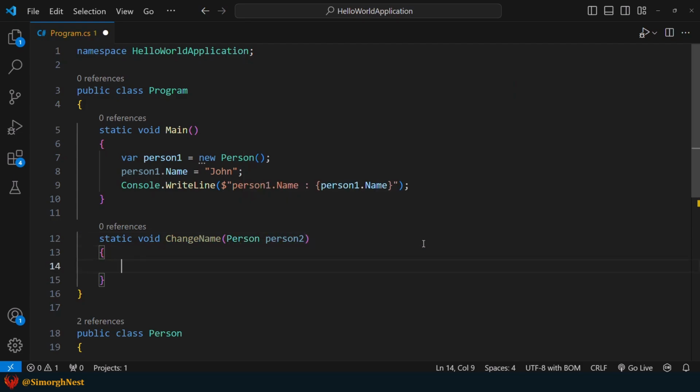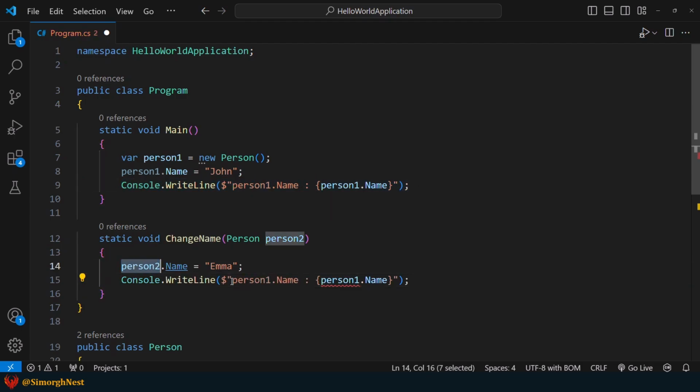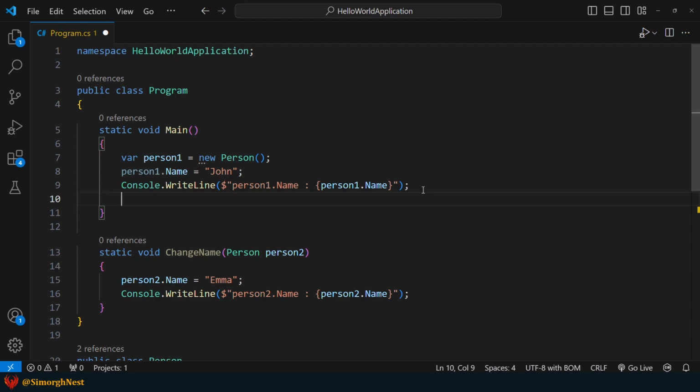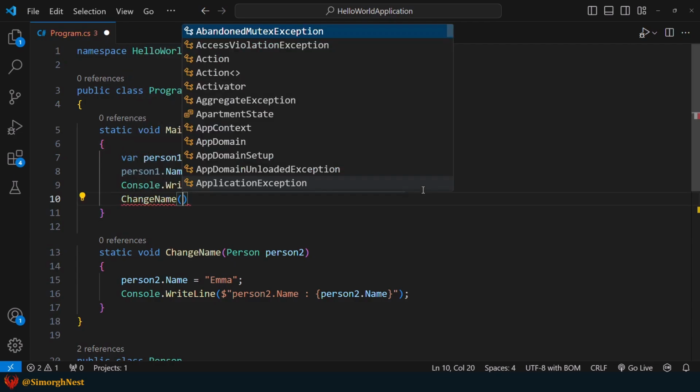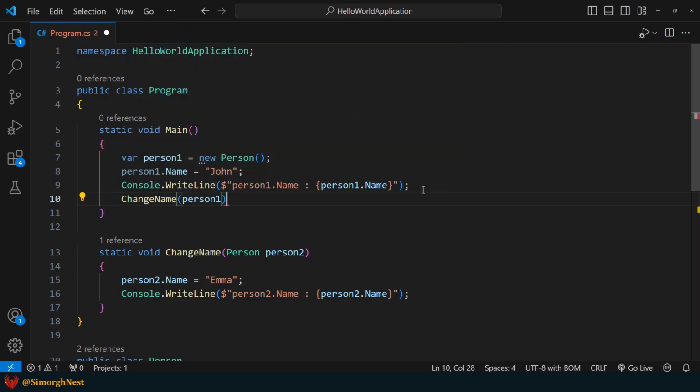Inside this method, we change the value of the name property to Emma and print it. Let's call the changeName method and pass person 1 as the argument. Then, let's print the name property of person 1 again.